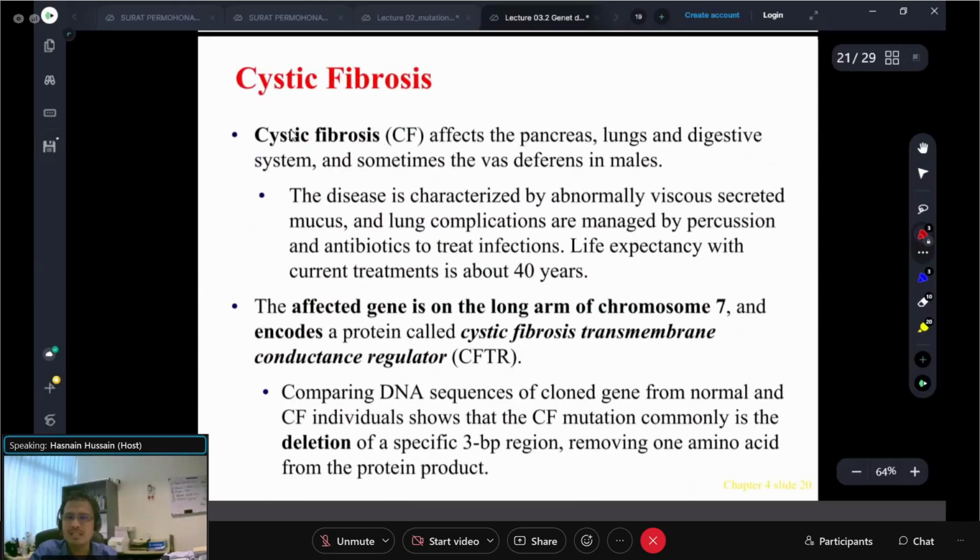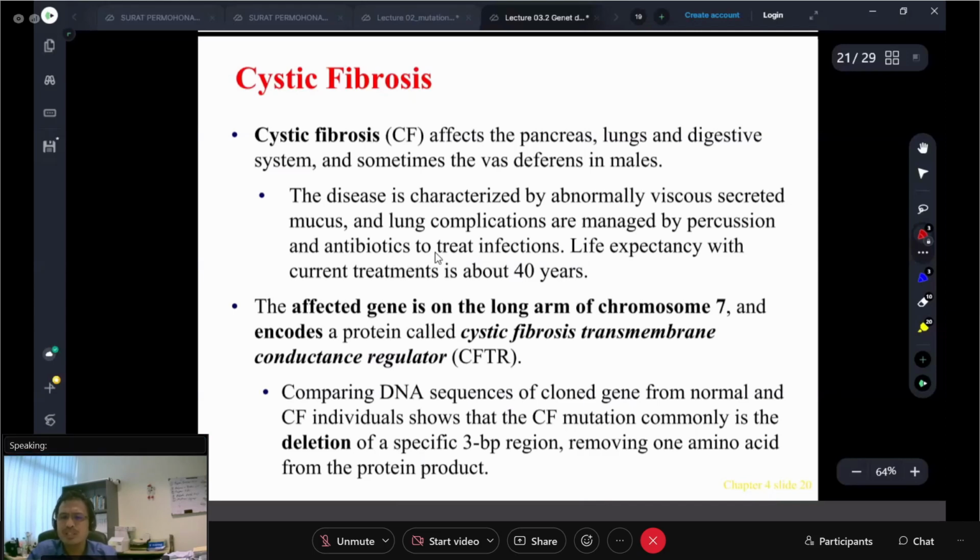Another example is cystic fibrosis, which affects the cells that produce mucus. Usually the lungs, digestive tract, the production of sperm, and then the pancreas. So in any organs and tissues related to the production of mucus, it will cause cystic fibrosis, and usually it involves the lung. It is characterized by abnormally viscous secreted mucus and lung complications managed by percussion and